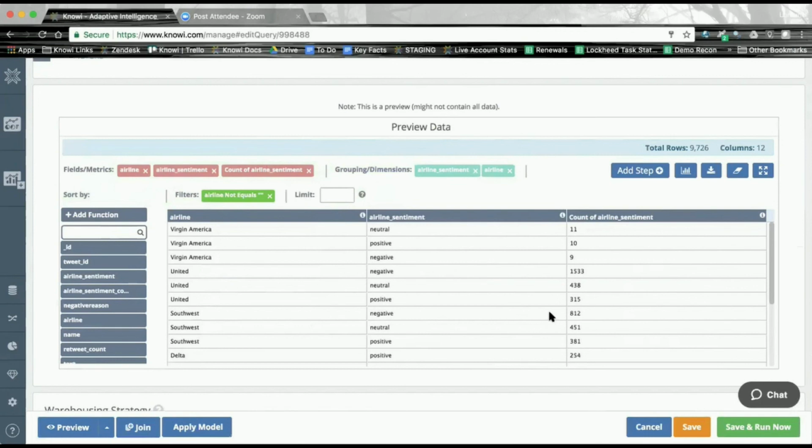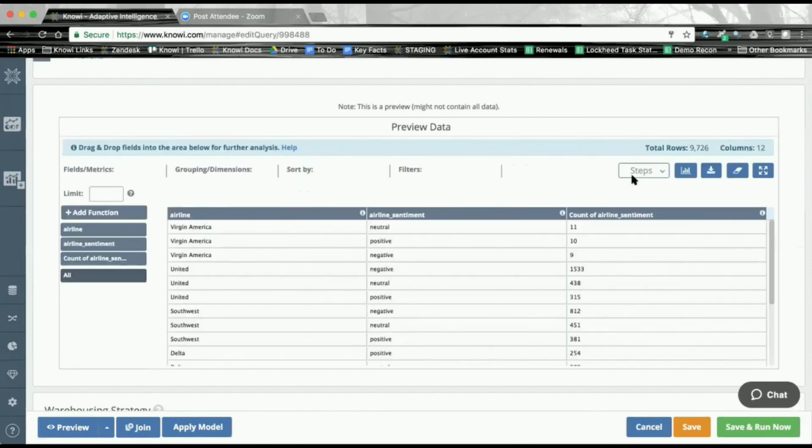That's my aggregation. So that first Cloud9 QL query that you saw me do, the first one before the semicolon, is going to be the same thing. But I don't have access to that Cloud9 QL up here. But I do have access to steps. Next thing I want to do is add a step. So that's my first one. I've done my aggregation. And now it's allowing me to do something else with that aggregation. So now I want to do